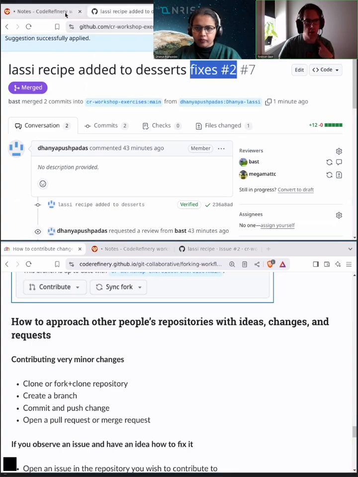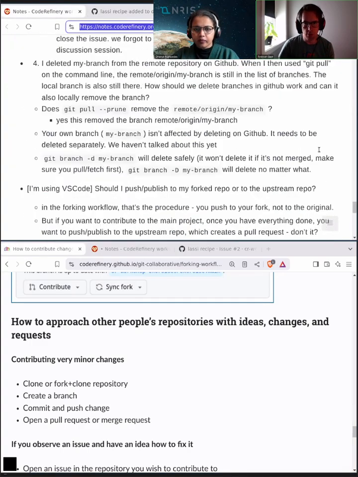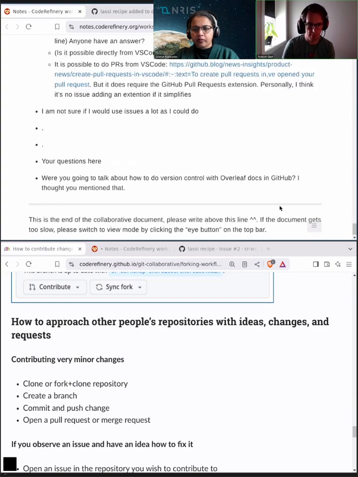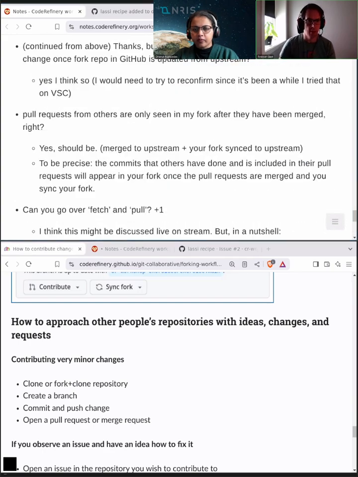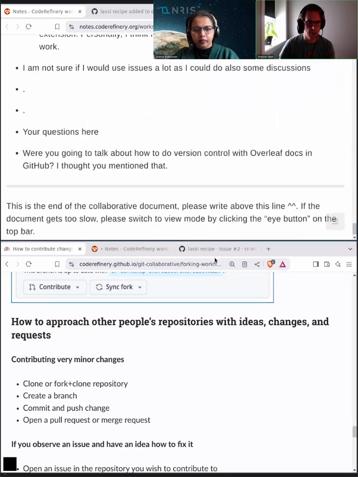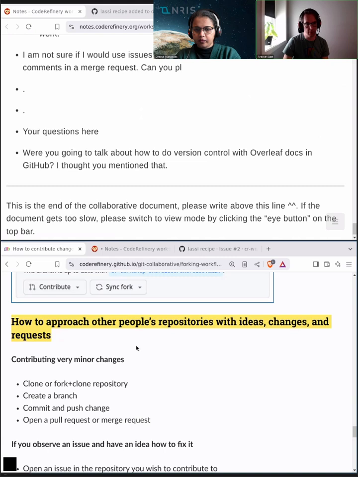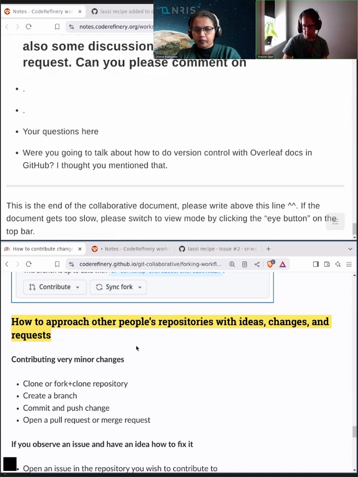And I will now rearrange here so that I can see your questions, but also I see my plan. So we can discuss now that we have the tools, how should we approach other people's repositories with ideas and changes and pull requests. And for very minor changes, so if this is a typo or it's a small change and there is not much to discuss,